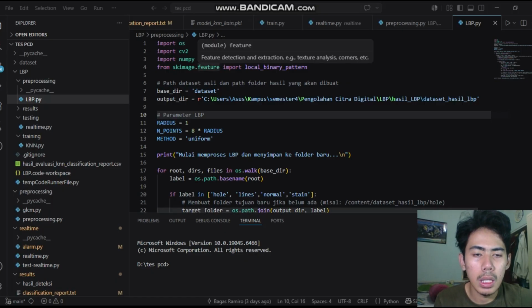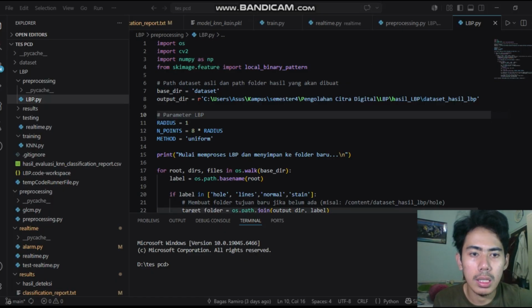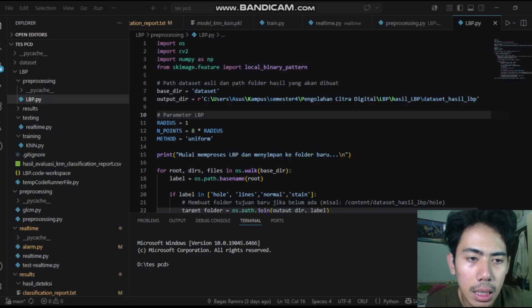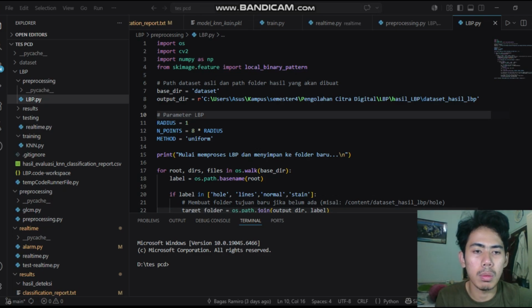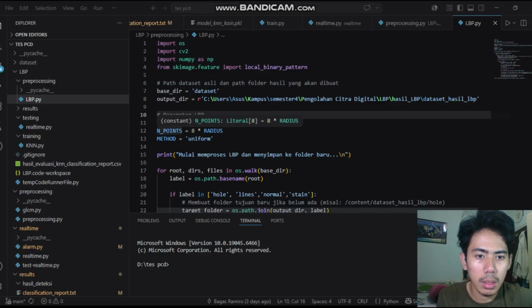At the beginning of the program, libraries such as OpenCV, NumPy, and local binary pattern from scikit-image are imported to support image processing and feature extraction. Next, the program defines the dataset folder, output folder, and several LBP parameters such as radius, endpoints, and method.